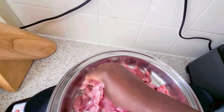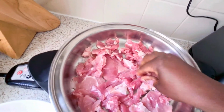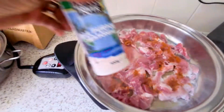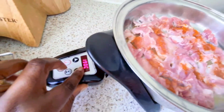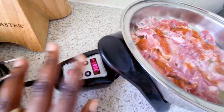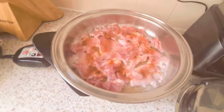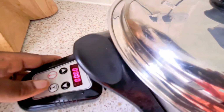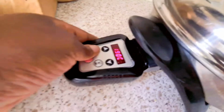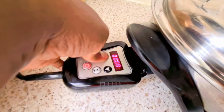If you want to add some seasoning to your bacon, you can as well add it at this point. So I've just added my all-purpose seasoning, okay, and I've put the temperature up to 190. You can do your temperature between 160 to 190 depending on the size of your bacon. Okay, that's it there, and I'm just going to put the lid on. Set the temperature, remember, for the time this time around. That's the temperature 190, and then the time for just about 10 minutes. Okay,